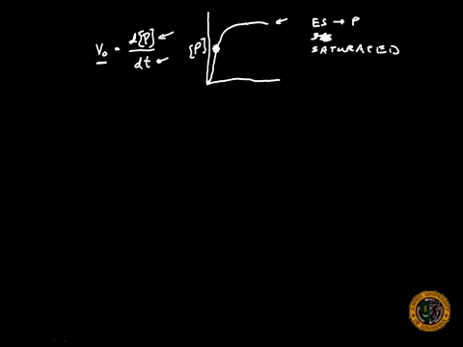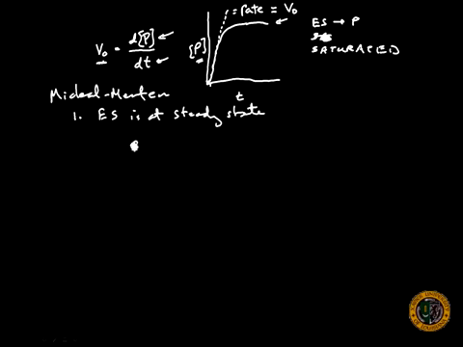So if we're looking at time, this occurs, then we can measure the rate. This would be the rate at which this generation of product occurs. This rate is equivalent to V0 if we apply the Michaelis Menten assumptions. And the number one assumption is that the ES complex is at its steady state, that the change in